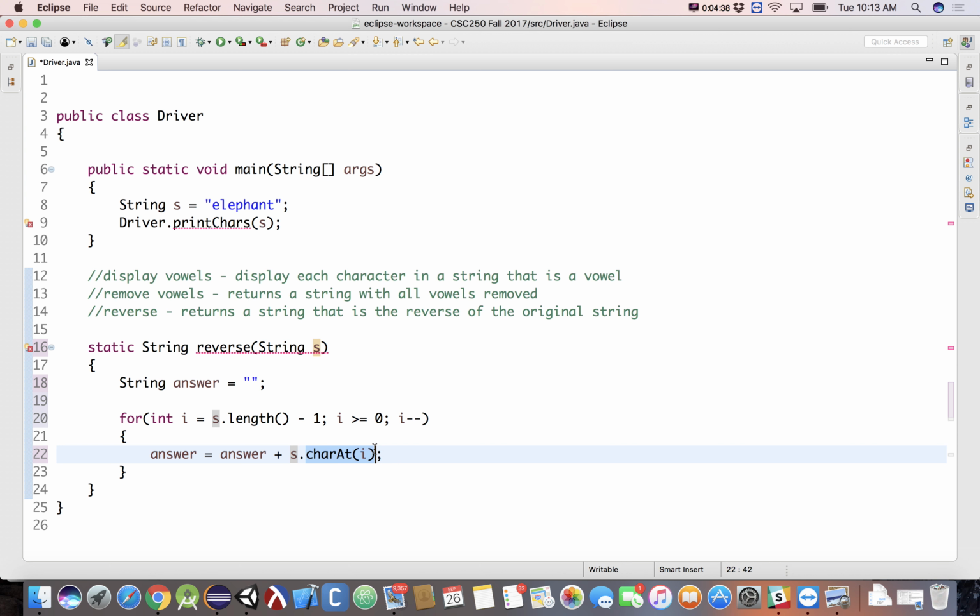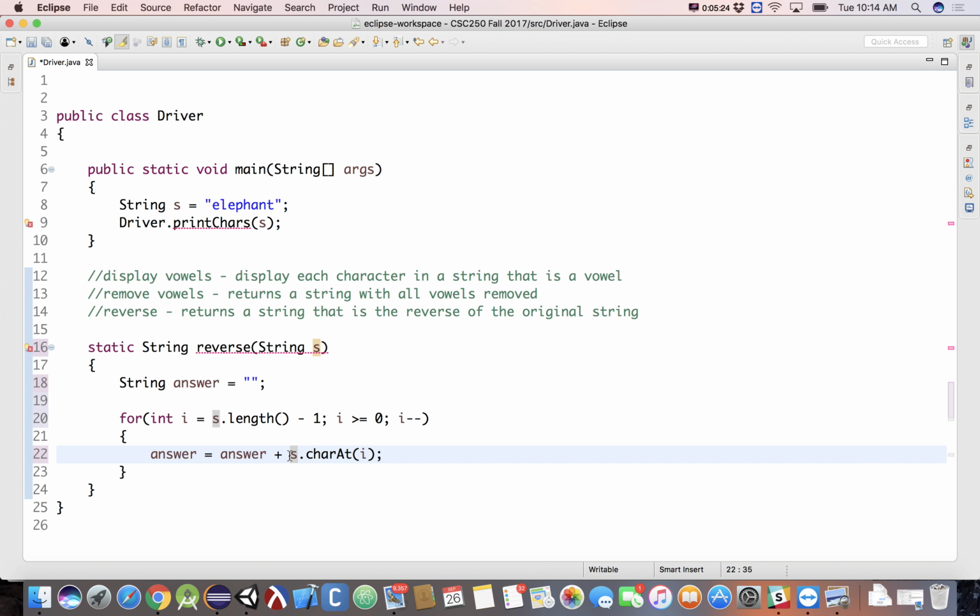If we were to go look at the definition of charAt, would we see static or would we not see static? No static. Static is what we see for class methods. The absence of static would be for instance methods. So if we look at the documentation, we would not see static in front of the charAt method, which then tells us how to call it. We call it using an instance of the class in which that method was defined. In this case, it's the string class. So we say s.charAt(i)